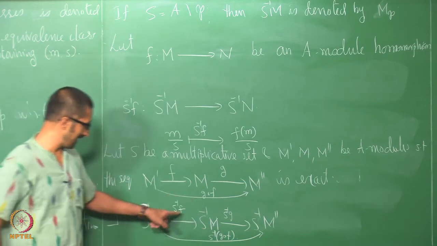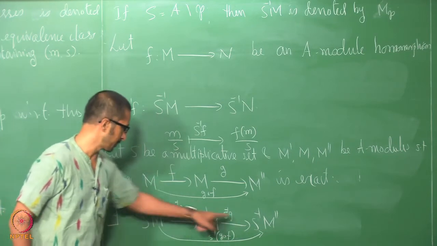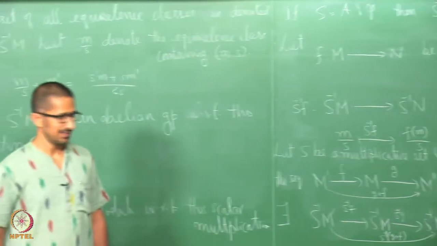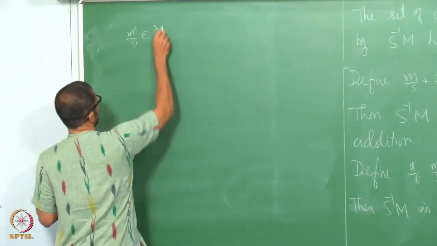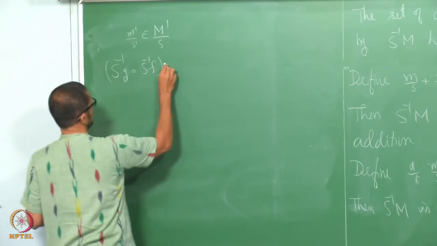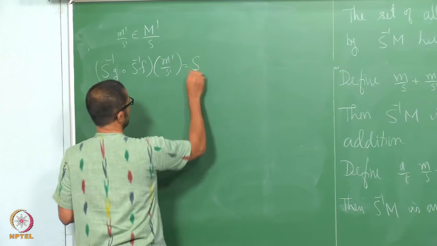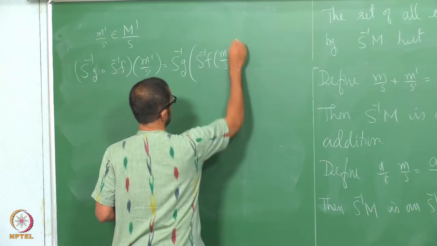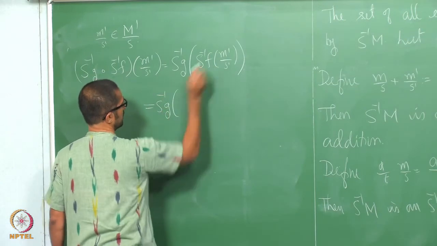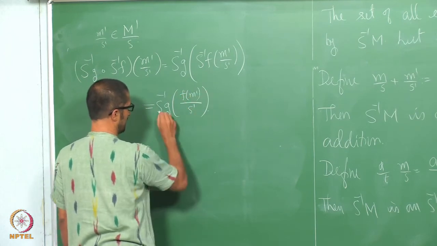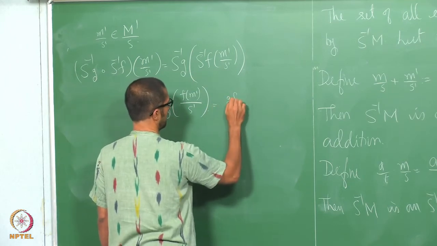And at the same time I have S inverse G composite S inverse F coming from composition of these two maps. How are this composition and this map related? Let us take one element m prime by S prime in S inverse M prime. What is S inverse G composite S inverse F acting on this m prime by S prime? This is S inverse G acting on S inverse F of m prime by S prime, which is S inverse G of, what is the definition, F m prime by S prime, and this by definition is G of F m prime